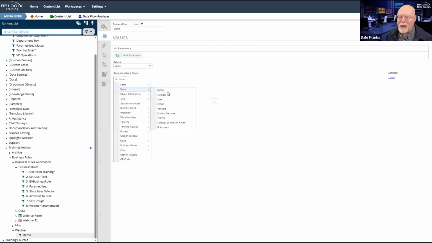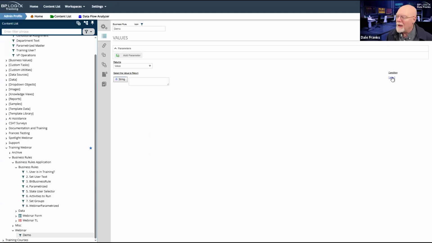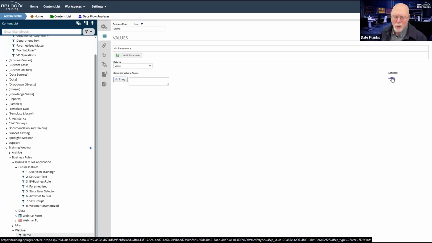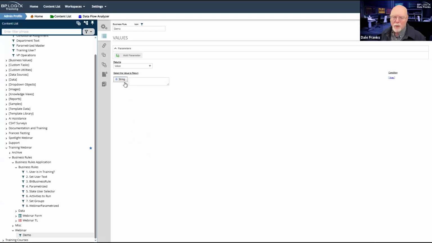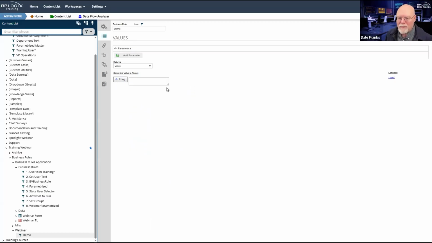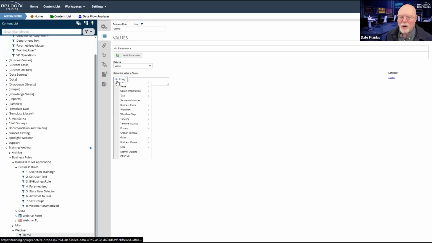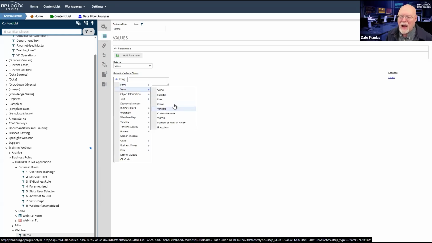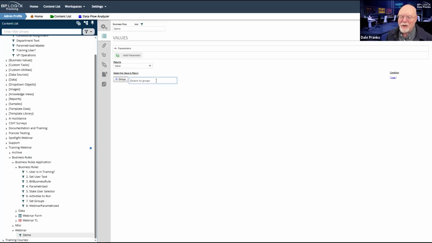You can set a manual string to return, and all you have to do is set a condition as to when you want to return that value, whether it's a string or any of the global system values like current user or whatever. You can always return one, but you can only return one. So this is it. I get the choice of returning a thing, and that is the thing I can return. So I can return the finance group.